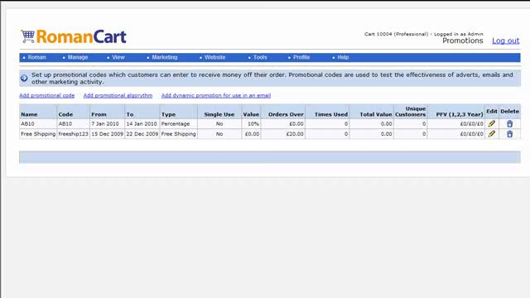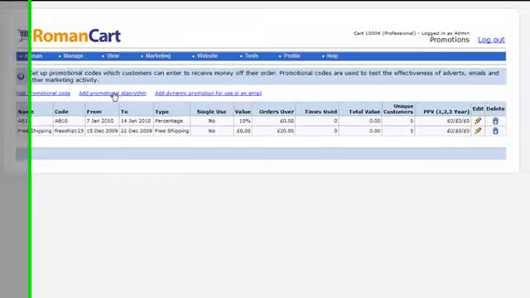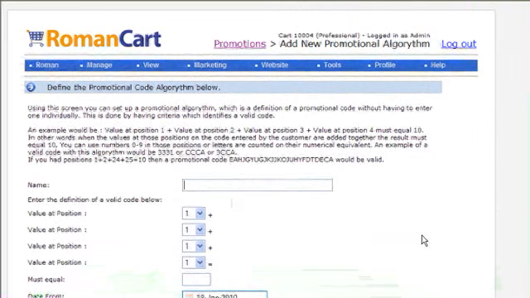a different promotional code. And the reason you want to do that is because on RomanCart then you would be able to see which one of those outlets you're getting the most business from, which would be really useful information to have. So rather than having to enter 100 different promotional codes onto the system, you would use a promotional algorithm. So if we click on Add Promotional Algorithm for this, then you'll see firstly you enter the name,